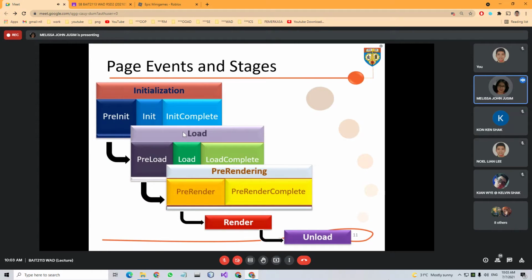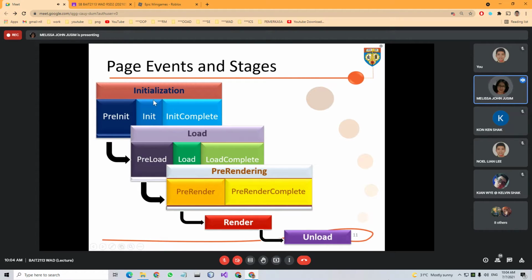We have the initialization of the page, meaning before the loading, then the loading itself, and before it displays the output, whatever we have on the page can be seen by the user. We have the pre-rendering and then render. After render, your user will be able to see the web page, and lastly would be the unload. These are the page events.